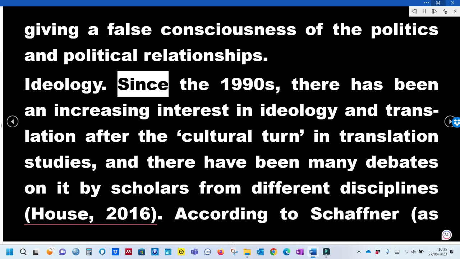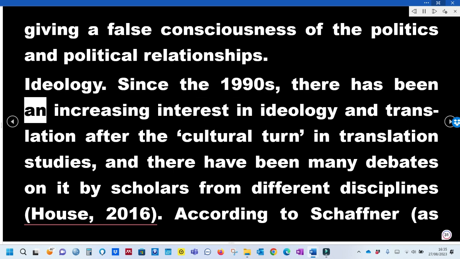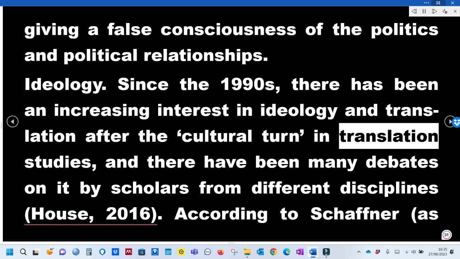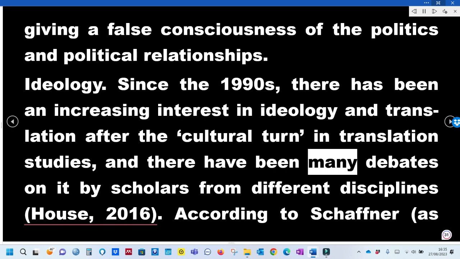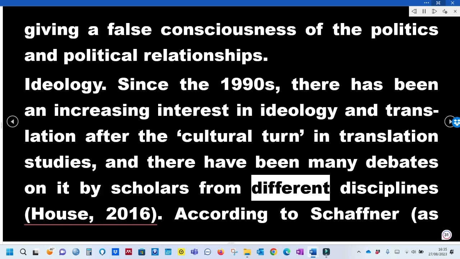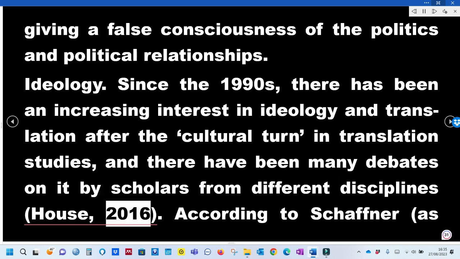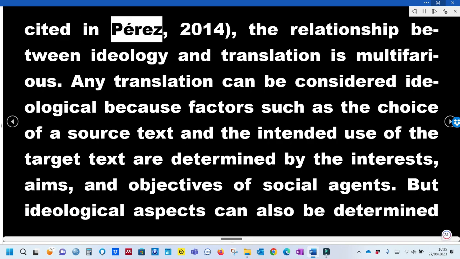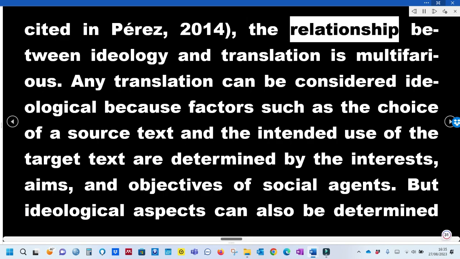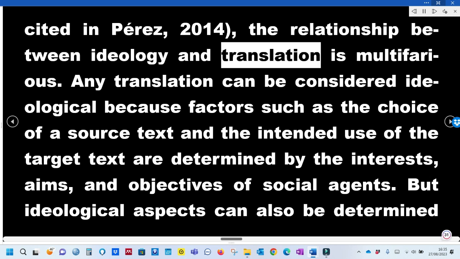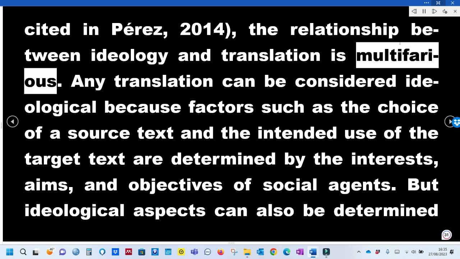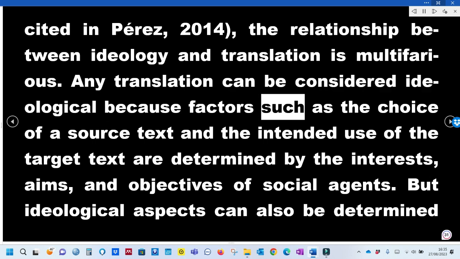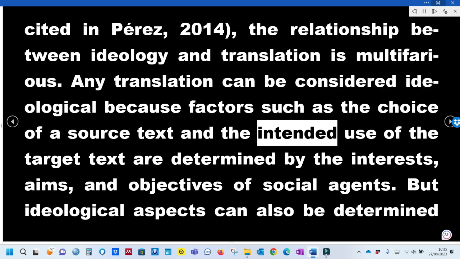Ideology. Since the 1990s, there has been an increasing interest in ideology in translation after the cultural turn in translation studies, and there have been many debates on it by scholars from different disciplines, House, 2016. According to Schaffner, as cited in Perez, 2014, the relationship between ideology and translation is multifarious. Any translation can be considered ideological because factors such as the choice of a source text and the intended use